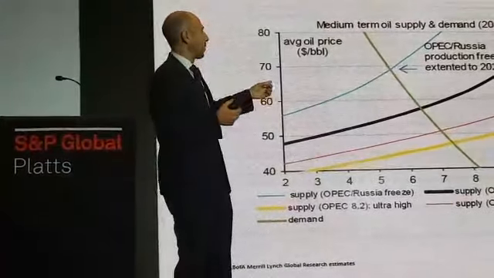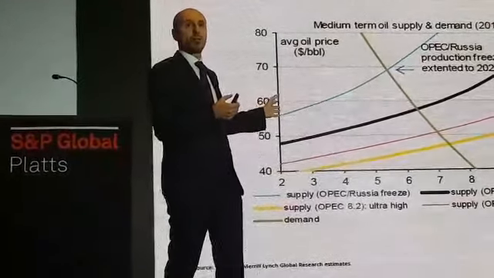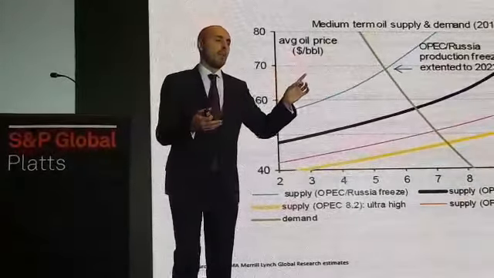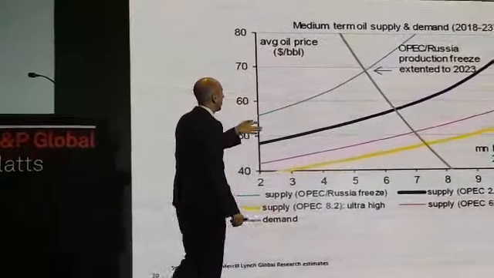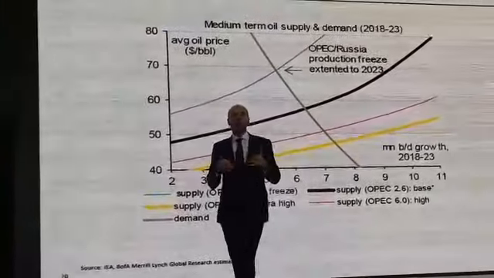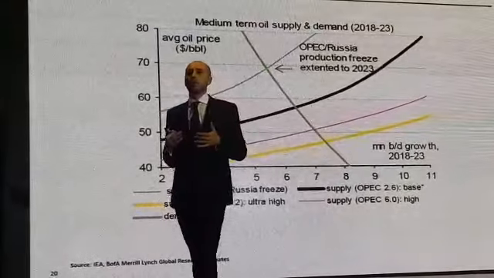By the way, you have to divide these numbers by 5, right? So we're looking at 1 million barrels a day of demand versus 1.7. It's a pretty big number, pretty big difference. But what we've done here is, okay, take the green line, and then throw in some supply scenarios to find out what the equilibrium price of oil should be over the medium term.